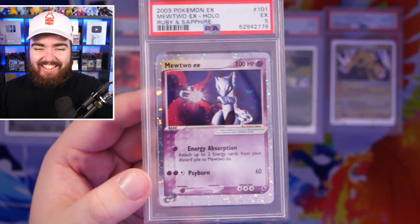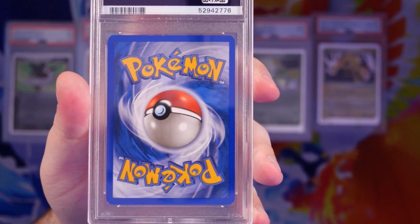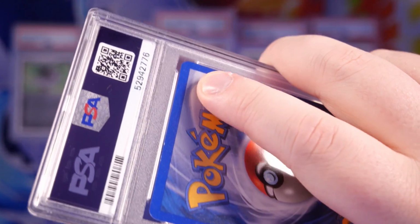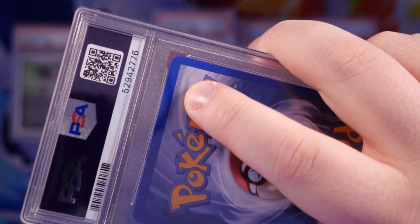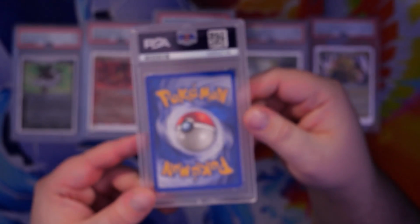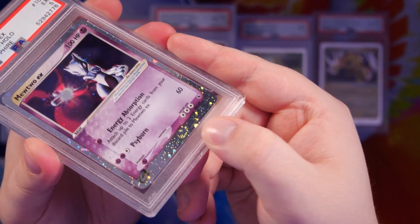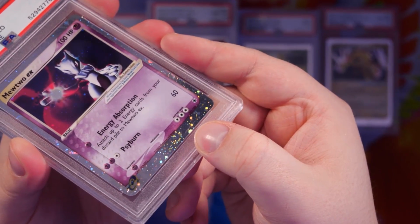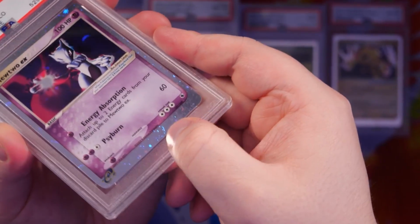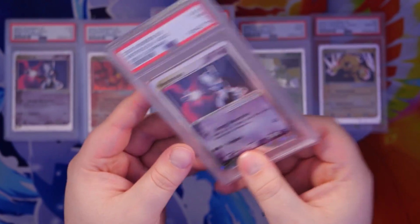Mewtwo EX. What a great card this is, with the excellent 5. Yeah, look at that. Those corners and edges aren't great. See that? This is another criteria that people sleep on a lot. I can't describe what that is, it's just dirt or sticky stuff on the card. See that little dent? That right there is probably what got it the 5 the most. The little dent or the little scratch divot thingy. That's a shame on the Mewtwo because I love Mewtwo, but it's fair. It's fair. Next up, we have...